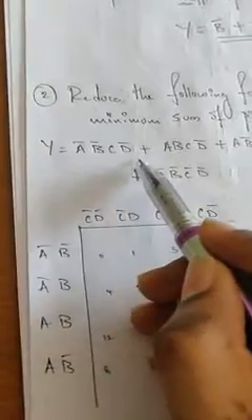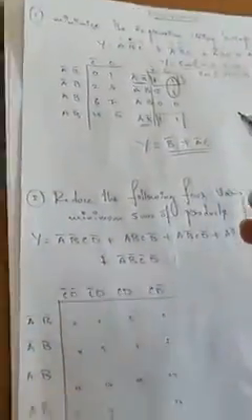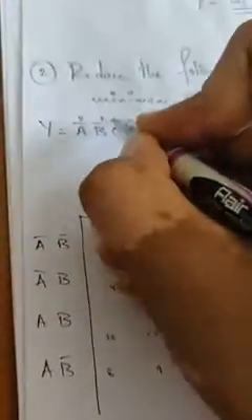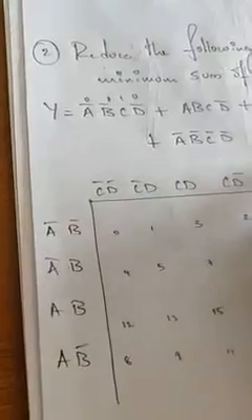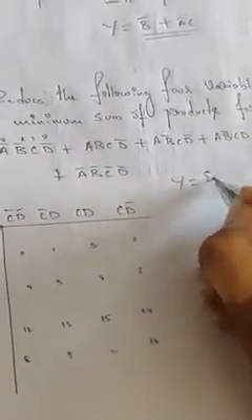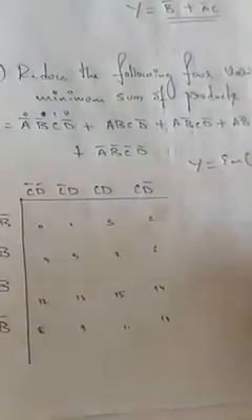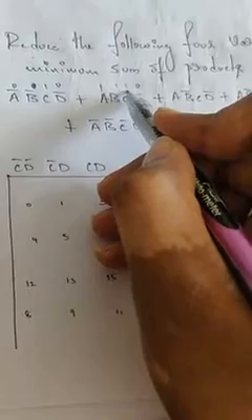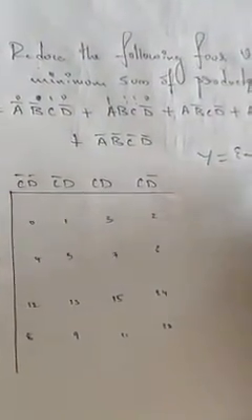So what is the expression here? Y is equal to A bar B bar C D bar. It's the same thing you have done above. Just keep on filling the K-map. You need to write the minterms, right? So this is 0 0 1 0, nothing but 2. Okay, this is 1 1 1 0, nothing but 8 plus 4 is 12, 12 plus 2 is 14. Then this is 1 0 1 0, so 8 plus 2 is 10.